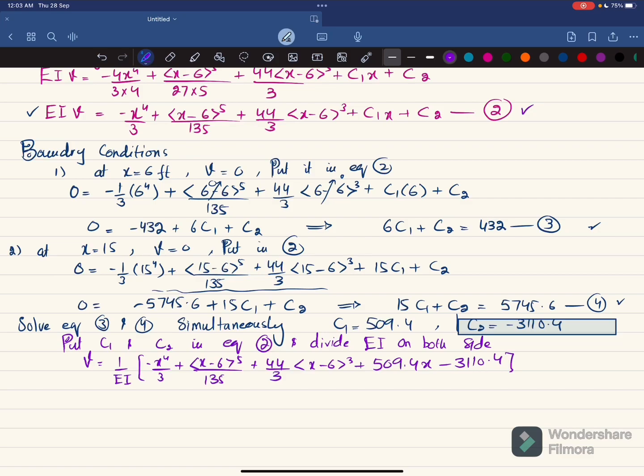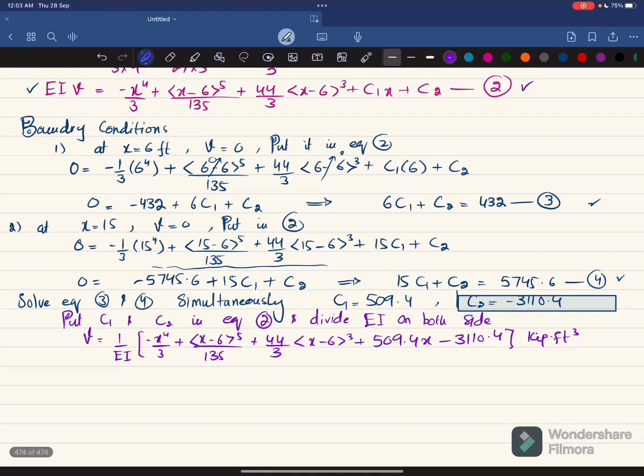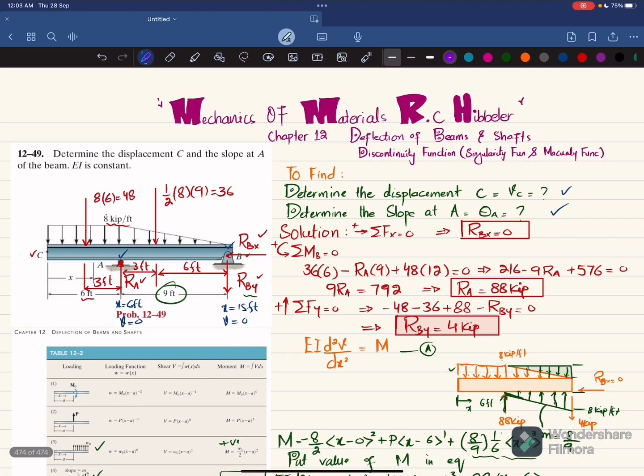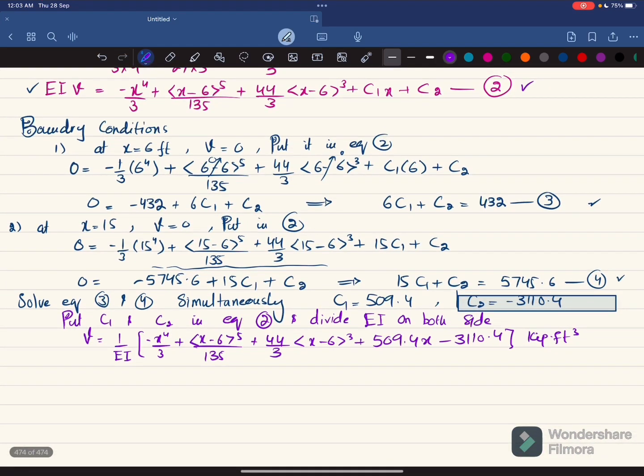after putting the value of unit of E and I, the unit will be in feet, or you can just say it is kips into cubic feet, and when you put the value unit of E and I, so definitely it will convert into feet. Now we have to find V at C, so it means that you have to put x is equal to 0, so you will get VC. So put x is equal to 0 in this equation,